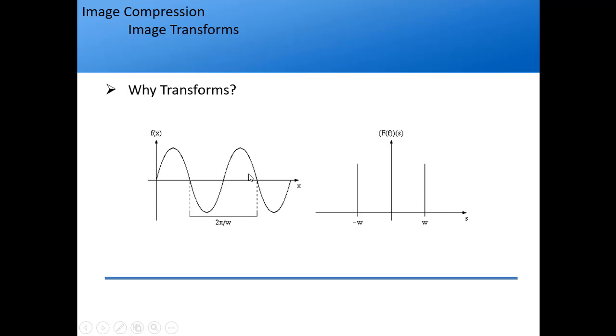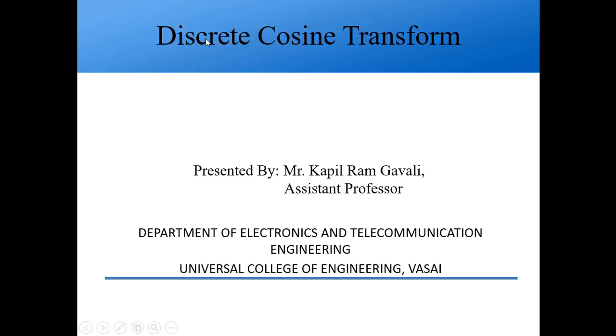So if I want to work on this signal, or analyze this signal, which signal will be simpler? Obviously the right hand side signal will be simpler, right? That is why we use transforms. This is the simple reason we use transforms. But we are comfortable with things in the time domain. So we have inverse transforms also. We use the inverse Fourier transform and go back to the time domain signal, right? So this is the way we use transforms. In this lecture, what we are going to study is the discrete cosine transform, abbreviated as DCT.